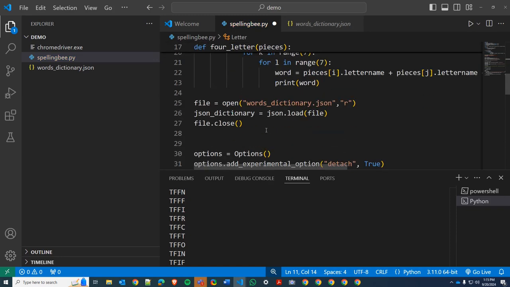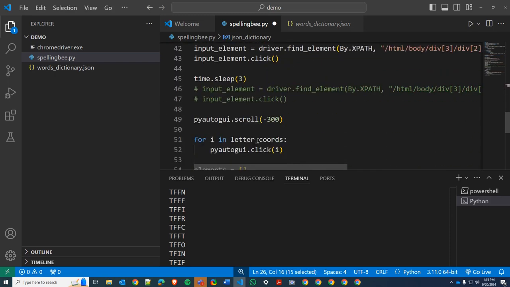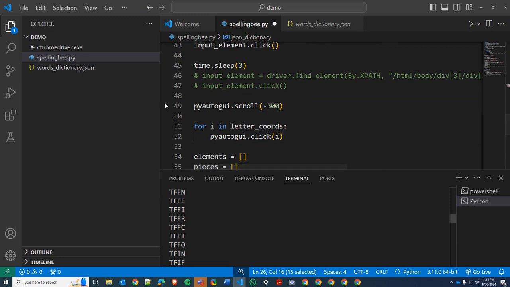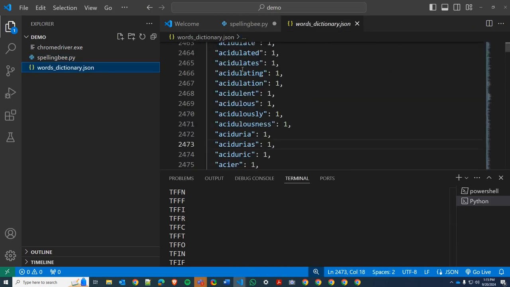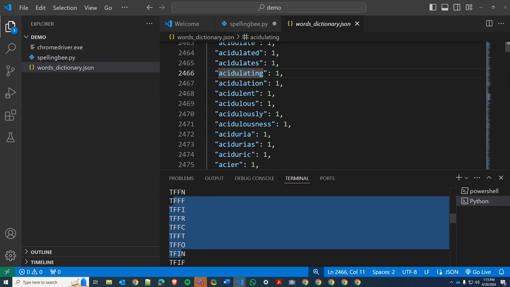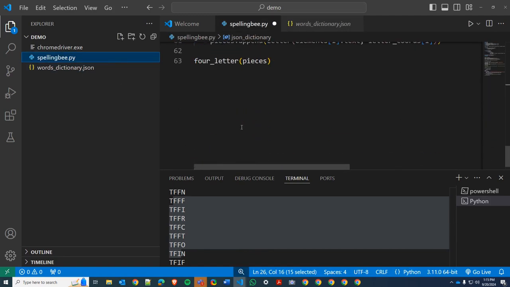Okay, so now we have this JSON dictionary, which has all of these words. And if you look at it, basically each word is a key. So we want to see, for each of these words, is there a key in the dictionary? Basically, does it exist in the dictionary? Okay, so we'll go into our